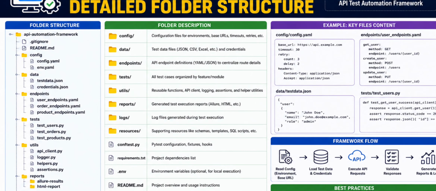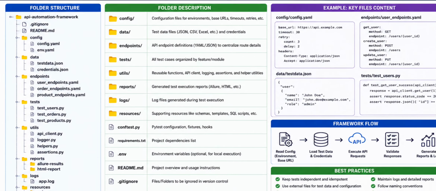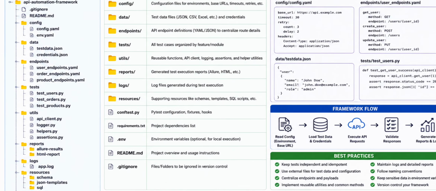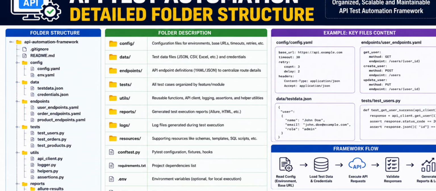So this is the folder structure we usually have in almost all the projects. Okay, so you can see, right? So let's go through each of the components. Coming to the folder description, we'll have the config folder where we are going to maintain the configuration files inside this config folder, and these configuration files contain the details related to the environments, base URLs, timeouts and retries,